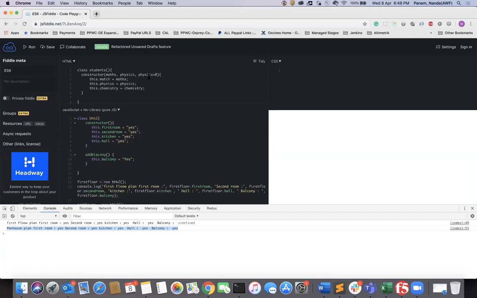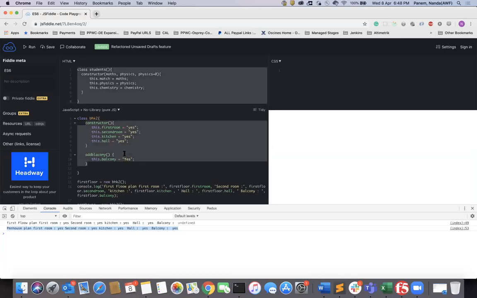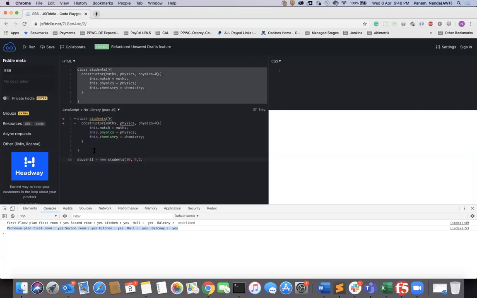Now let's take this same students example. I'm creating a student class, and I'm just creating a constructor over here.